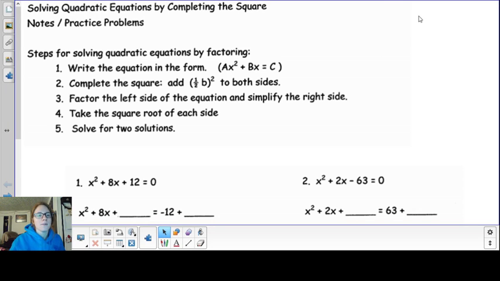Alright, hey guys. Today we are going to learn how to solve quadratic equations by completing the square. Now remember, that term quadratic equation